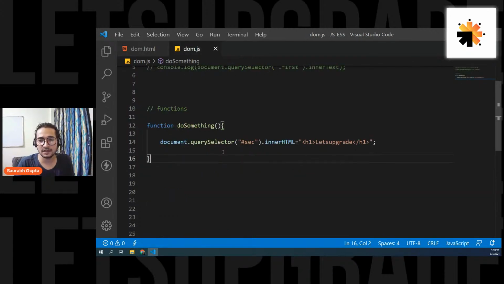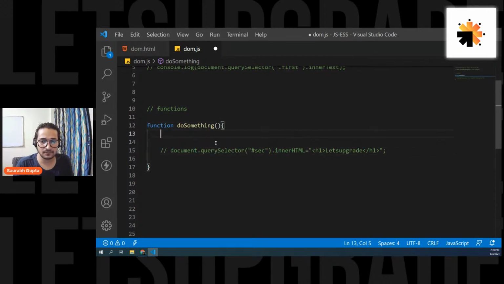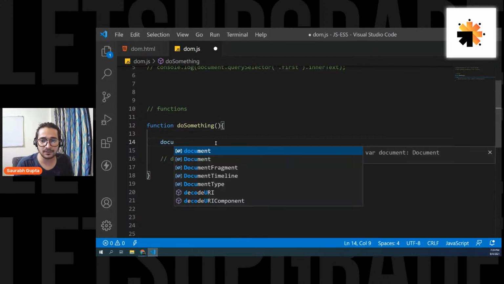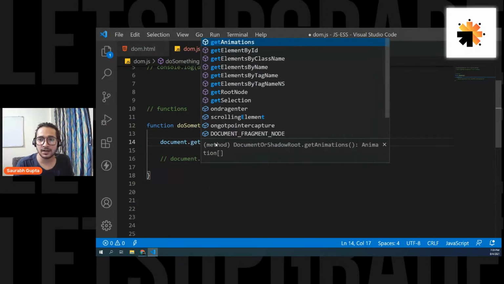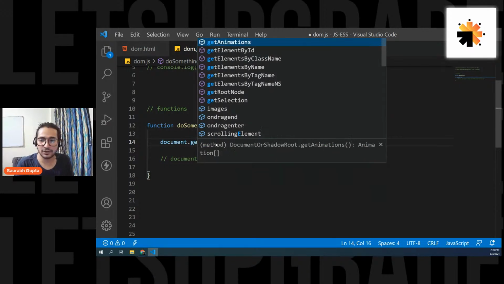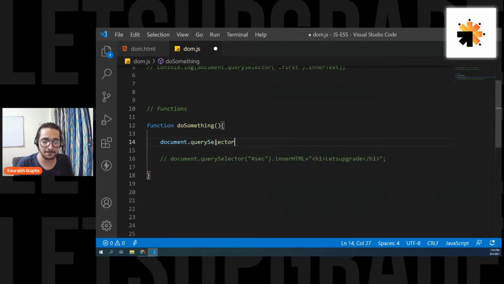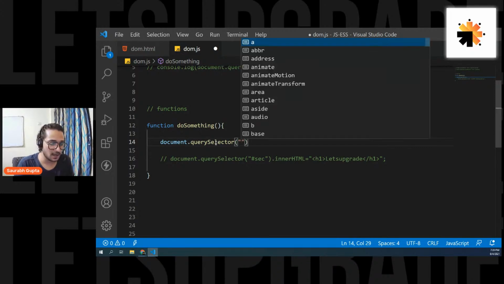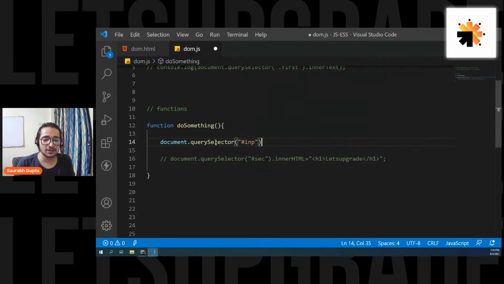So let me comment this out first. Okay. Now let's do it. document.querySelector("#INP"). So guys, see how to work with any attribute of any element. First, fetch the element.